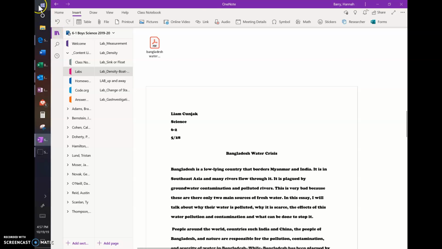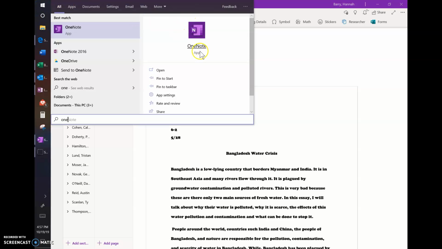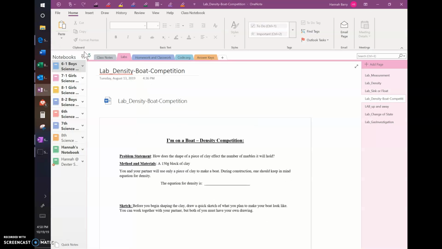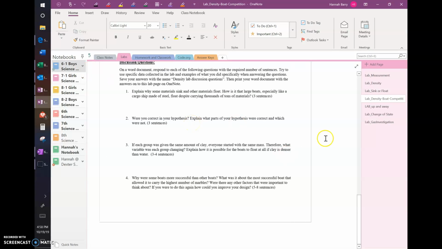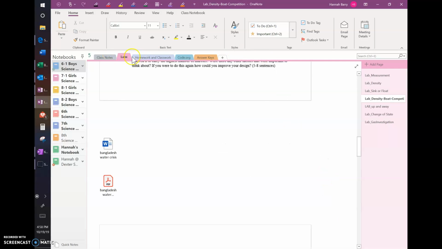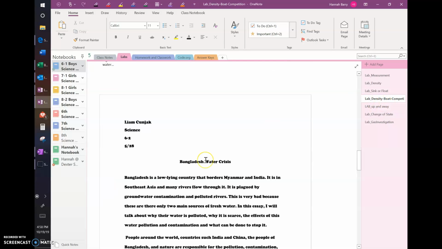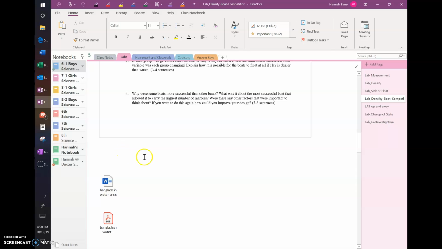So this is if you have OneNote, the app, if you use this version of OneNote. If you use OneNote 2016, just to show you, it's a pretty similar process. Same thing, you're going to go to your OneNote page, make sure you're in the right area. Oh, I did it in the other one, so it automatically popped up. But just to show you the steps here, you would click